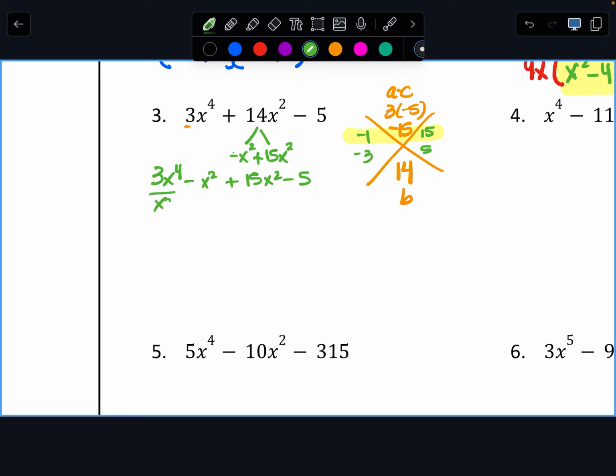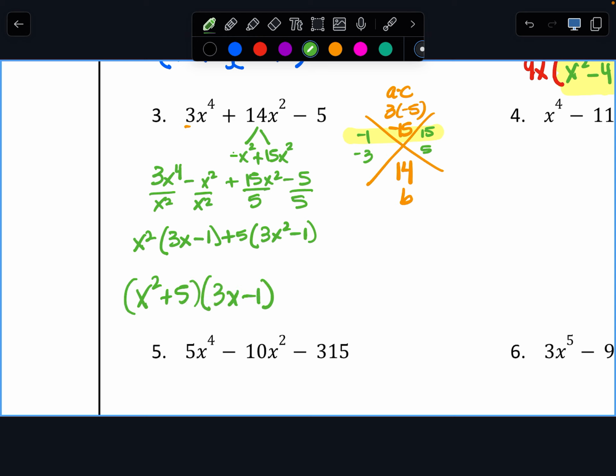I can divide this one by x squared, and I can divide this one by 5. So I have x squared times 3x squared minus 1, plus 5 times 3x squared minus 1. So we get x squared plus 5,